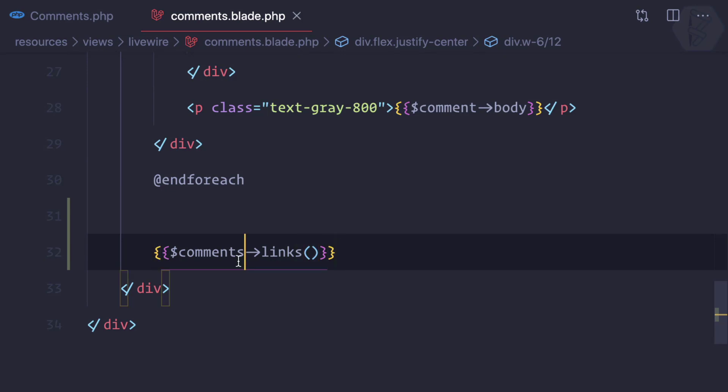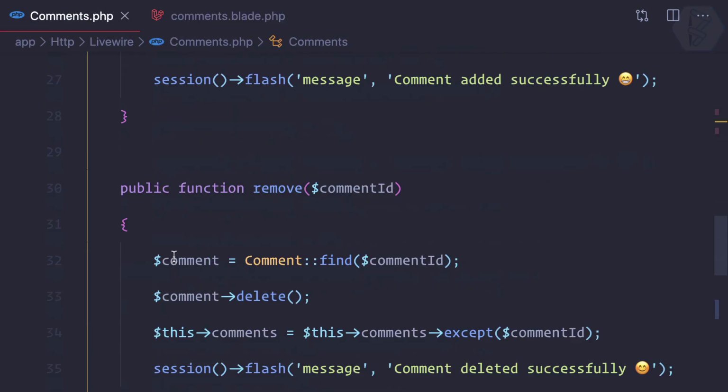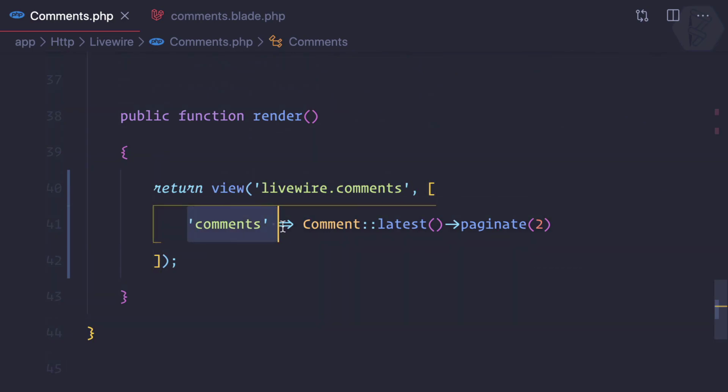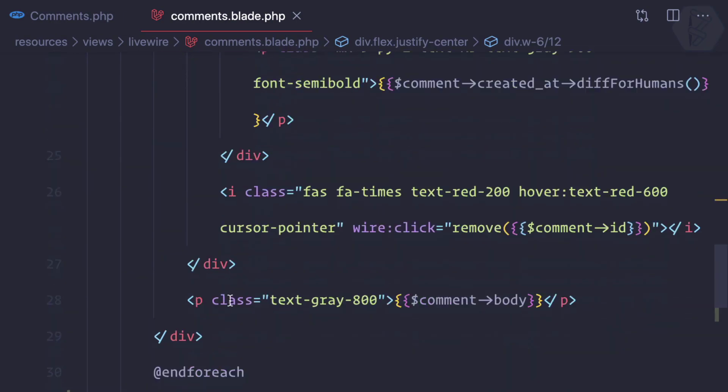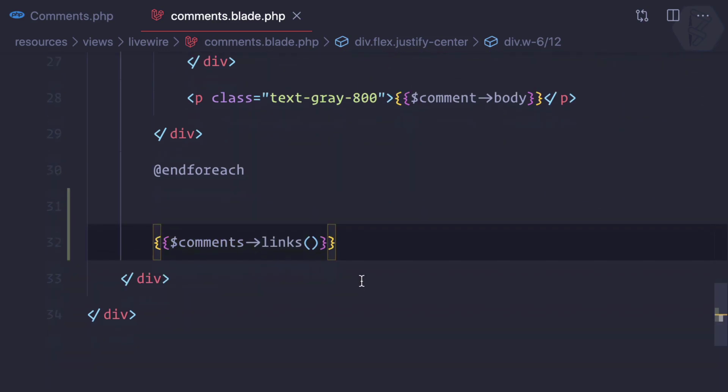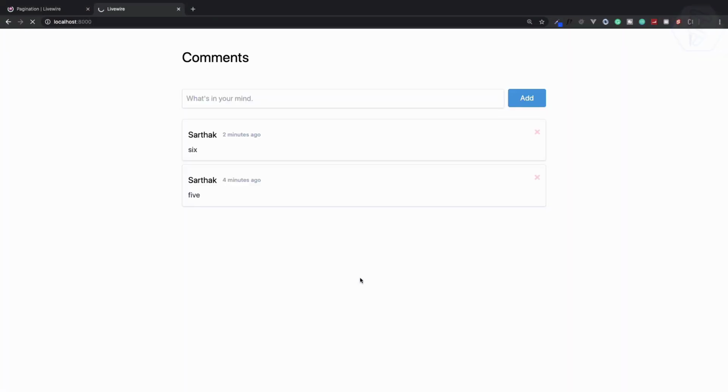And remember, this variable name should exactly match whatever you are passing or whatever you are looping through. That must be actually the same. Cool. Reload this page, and now we have the pagination links. Yay, every link is there. So now if I click on 2, you can see it's 2, 3 it's 3,